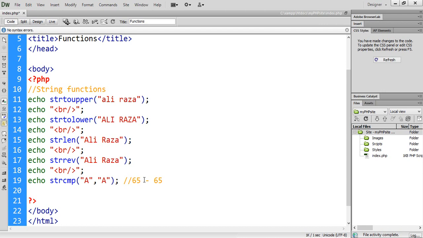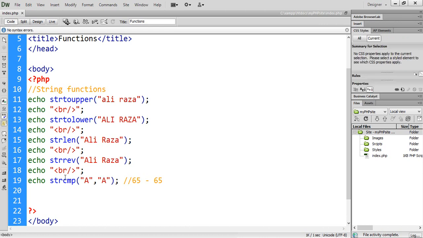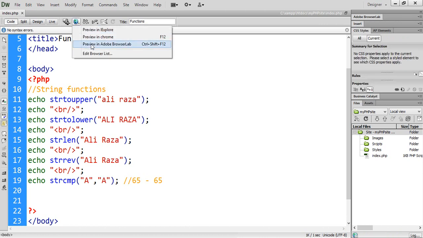When the result is greater than 0, that means the first thing is greater than the second thing, and when the result is less than 0, that means the first thing is smaller than the second thing. So that's the logic behind how a computer checks equivalency of two things. Let us see whether they are equal or not, and go to the browser and refresh. Look, the result is 0,